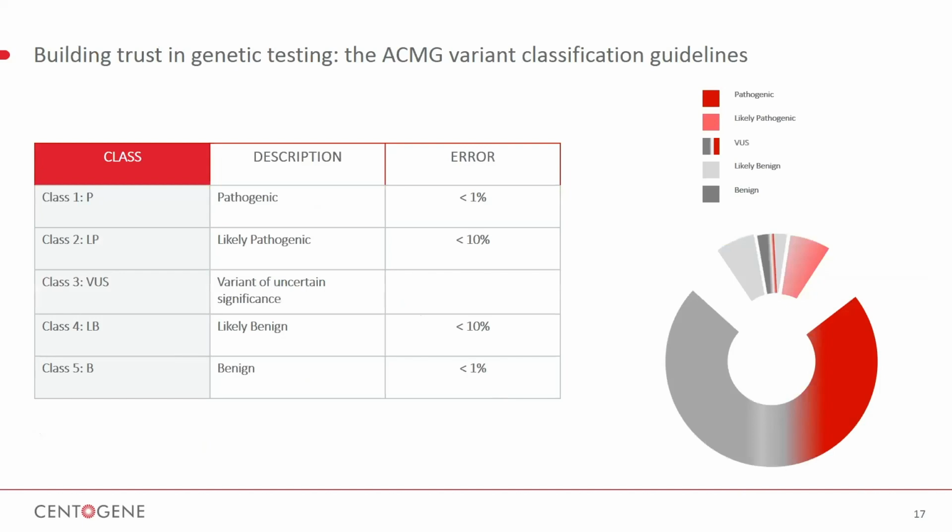But what you get delivered by a classified variant is a level of trust that the classification of a variant holds strong for the future. And the more defined, like a pathogenic variant, the smaller the error probability has to be. For the sake of time, I couldn't include that, but we have as well shown that, in fact, the classification